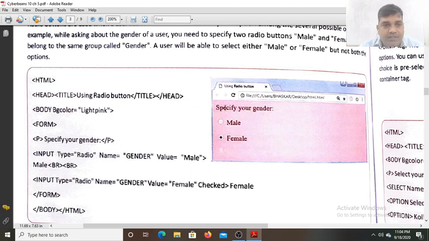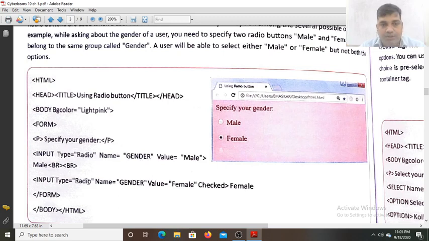The value associated with this input tag is male, and after that we have written the text "male", which you see after the radio button. When you select this and submit the form, the value male will be submitted.